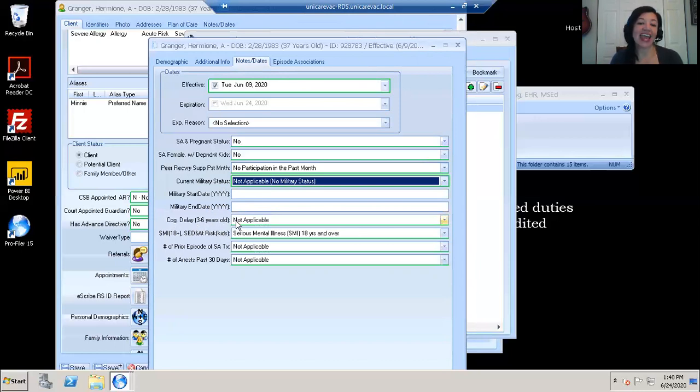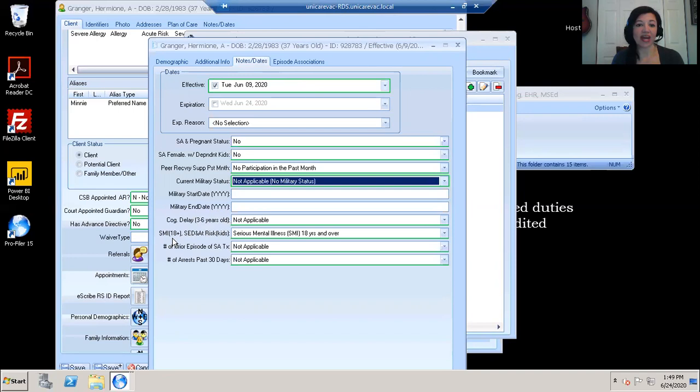So it should say NA for anyone who is not 3 to 6 years old. Okay, no could also be acceptable. But again, anything that has an age requirement, you want to make sure falls into that category. One other thing that the state gives us an error on